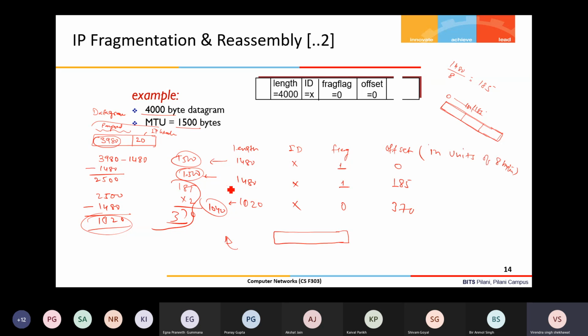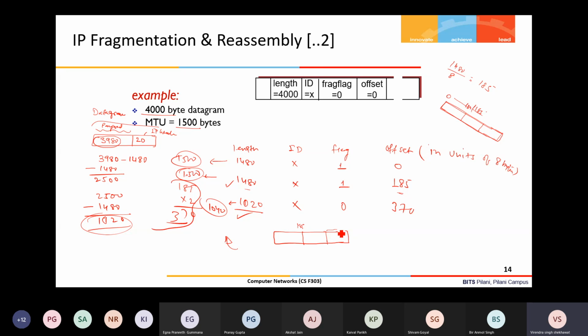Suppose it receives this fragmented datagram first. It will check that the flag is 1, so it is not the last, and its offset is 185. So it will put this at offset 185, and based on its length, it will say, okay, up to here it is received. Now let us say it received the third datagram. The third datagram's flag is 0, meaning there is nothing further, and the offset is 370.